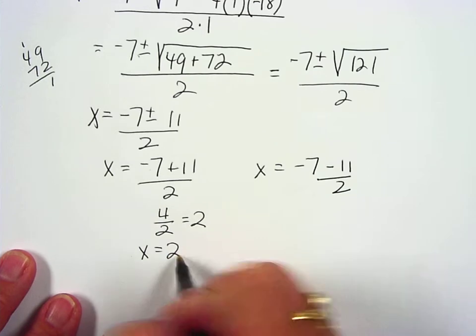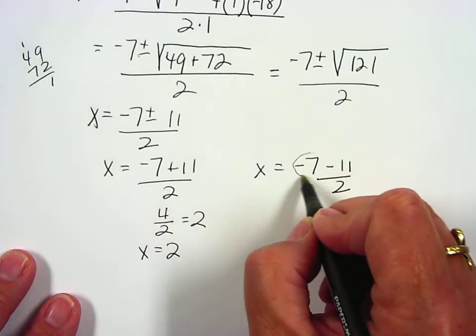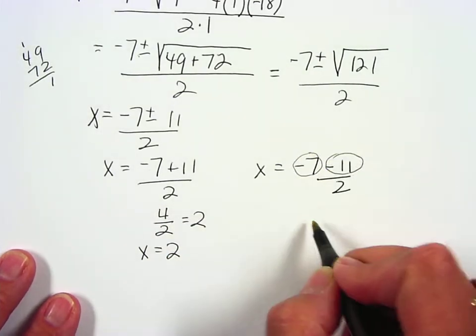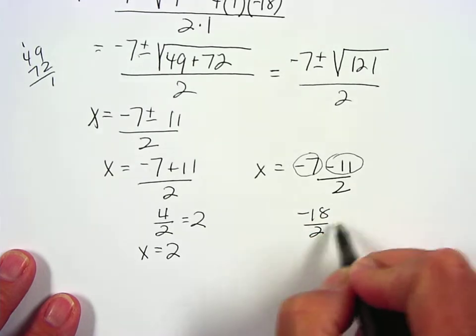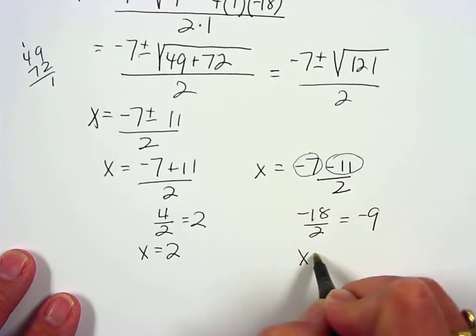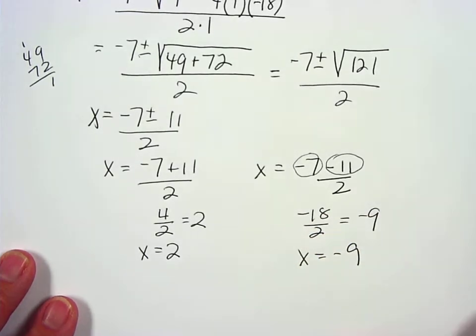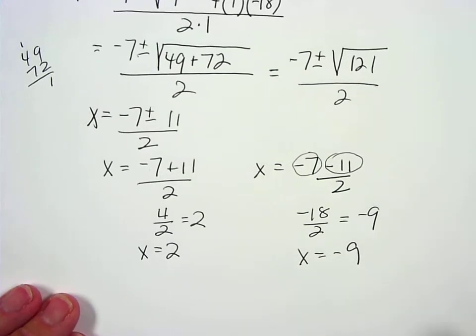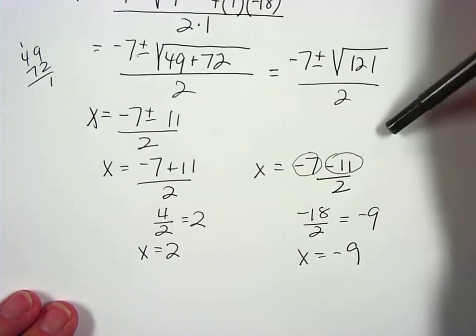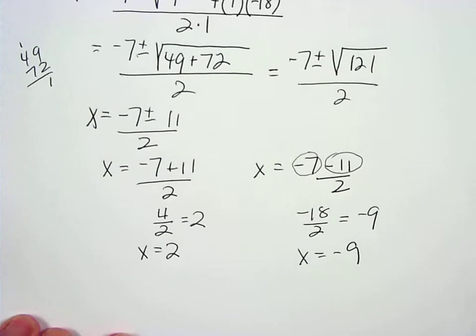Negative 7 plus 11 is positive 4 over 2, which is 2. So x equals 2 is a solution. Negative 7 and negative 11 is negative 18 over 2, which is negative 9. X equals negative 9 is my other solution. Looks like we could have factored that one too, because there's no radicals in our answer. Okay, number 3,